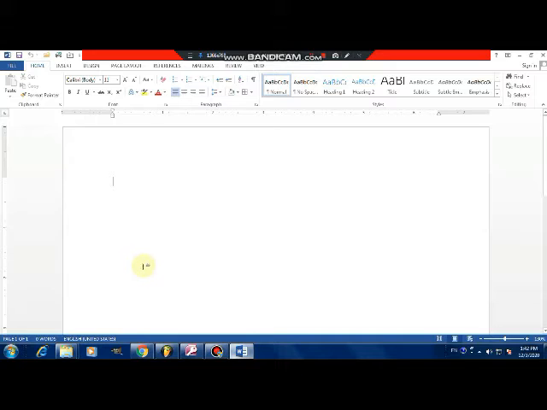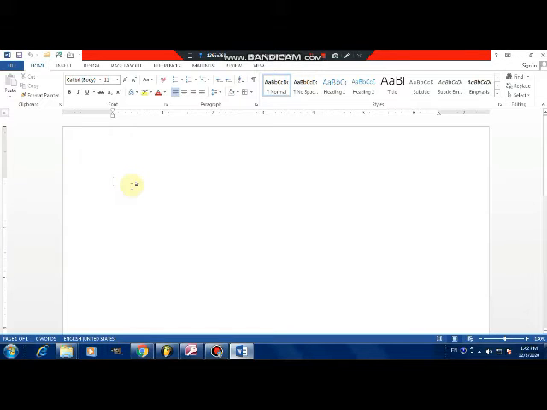In session 1 we learned how to open Microsoft Office Word, how to create a blank document, and how to save a Microsoft Word document file. Now let's see the basic features of Microsoft Office Word. In this session we are going to learn first how to enter text in Microsoft Office Word.